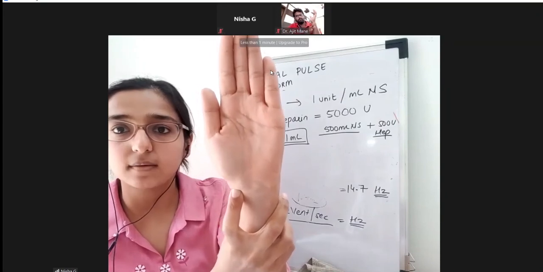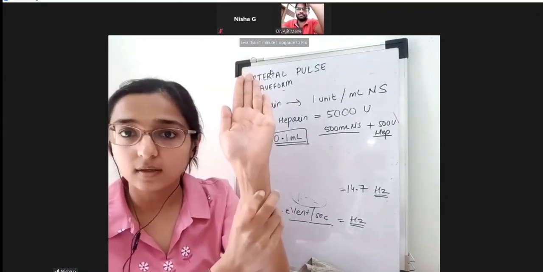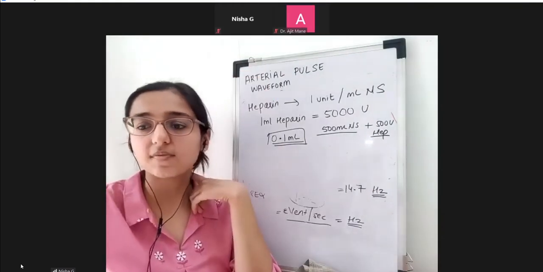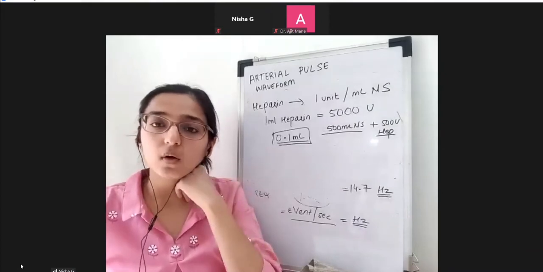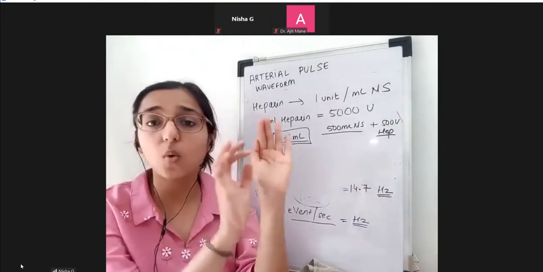It will become pink, showing patency of the flow in the patent artery. I can now safely cannulate the radial artery. That was the modified Allen's test. Now I'll quickly tell you what the original Allen's test is, from where this modified version actually came.